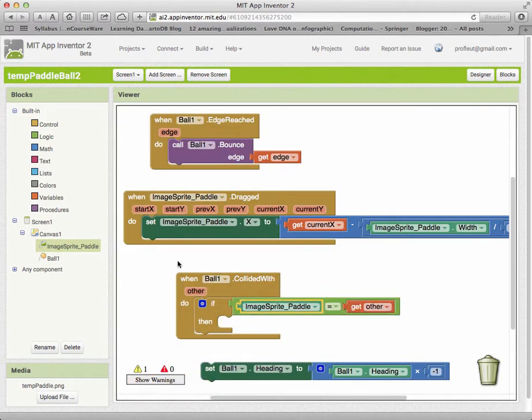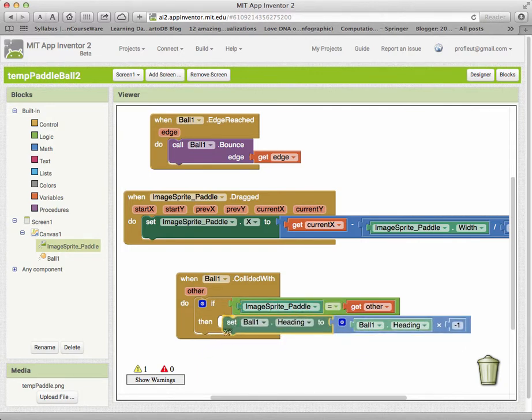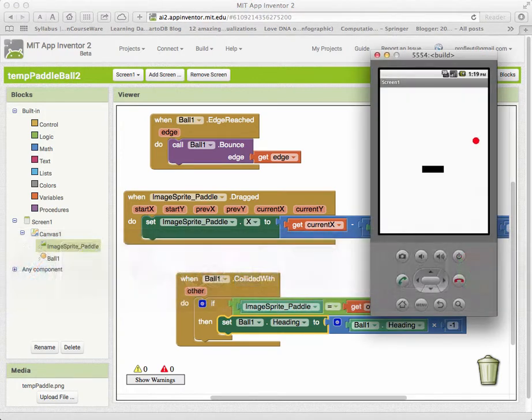So if this ball is colliding with some other object, and that other object is equal to the paddle, then I change its heading. This will have no effect on what I had before. It's going to work exactly the same way. But if I had multiple image sprites there now, say I had 4 balls, if one of the balls hit another ball, it would have bounced before. Now if it collides specifically with the paddle,